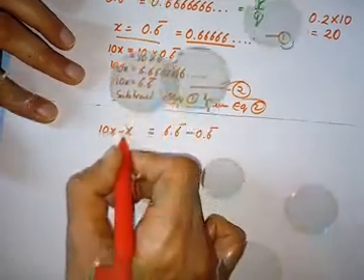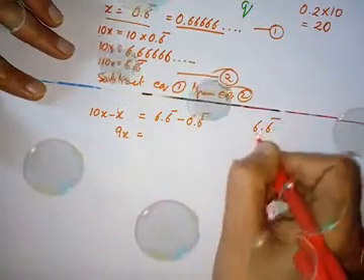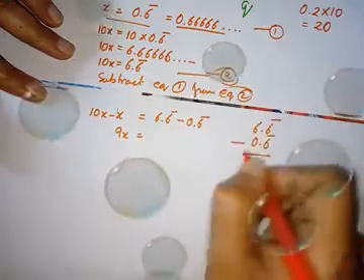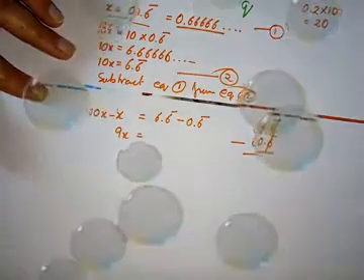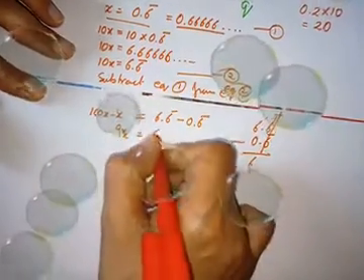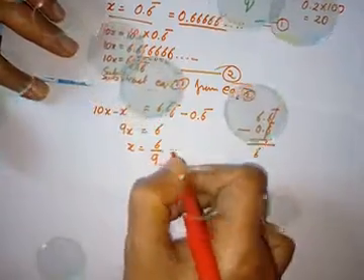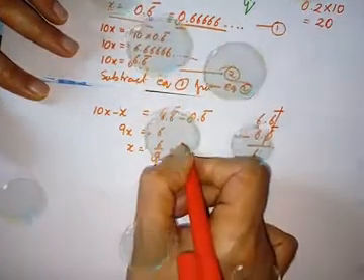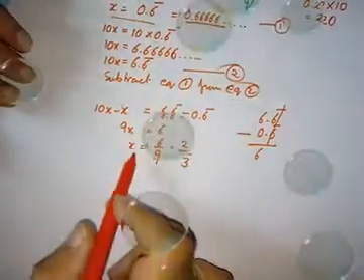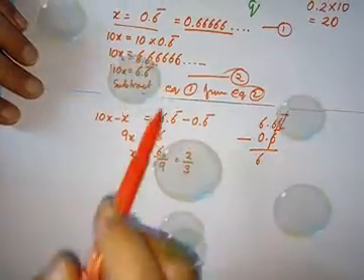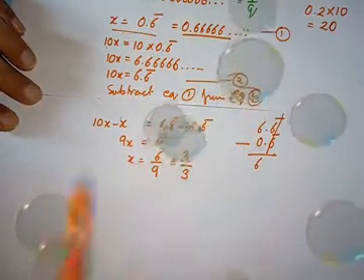Now 10x minus x, we get 9x here, and here 6.6 bar minus 0.6 bar, because the number of 6's are the same on both sides, all will get cancelled, so you are left with only 6. So what is the value of x? 6 upon 9. Changing it to its lowest terms, that is 2 upon 3. So the rational number whose decimal representation is 0.6 bar is 2 upon 3. This is how you have to do this sum.